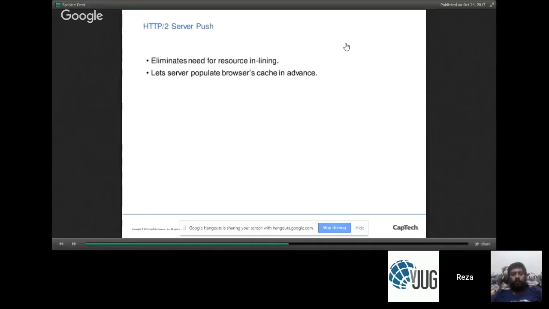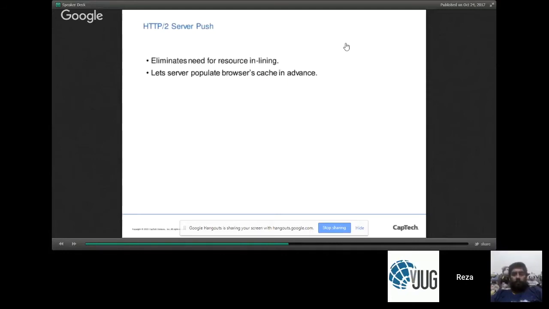Well, guess what? The browser has no way of knowing that, but the server has a way of knowing that. So when the server gets a request for index.html, it knows, okay, by the way, in this index.html, I need to really give the client 10 other resources before he can meaningfully do something.